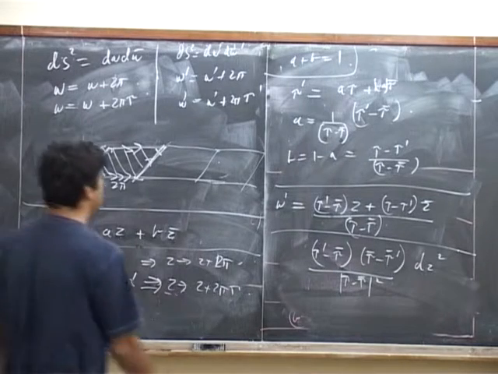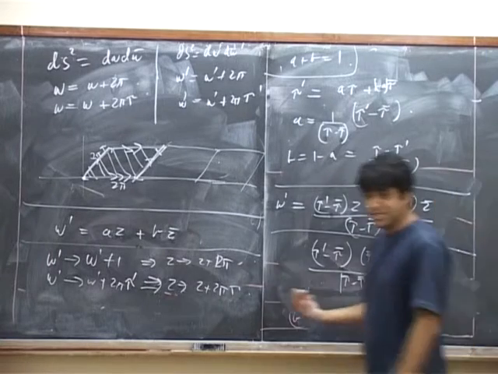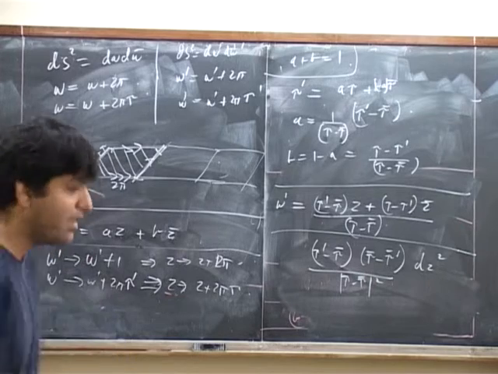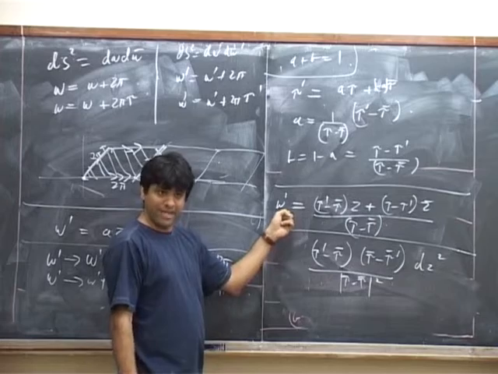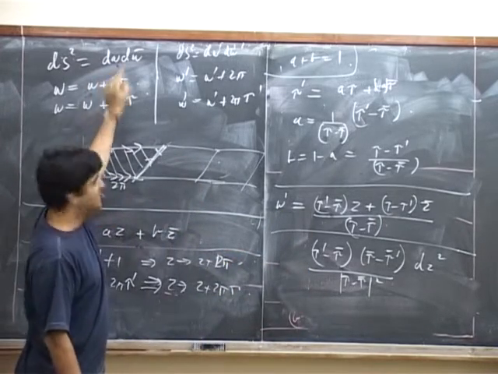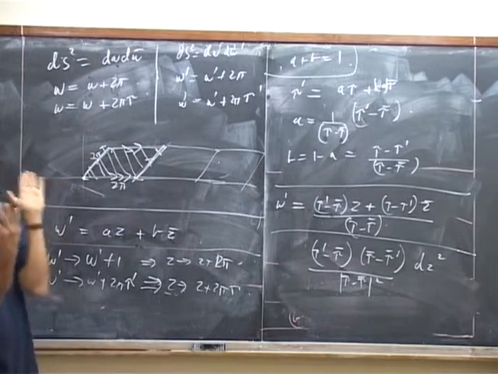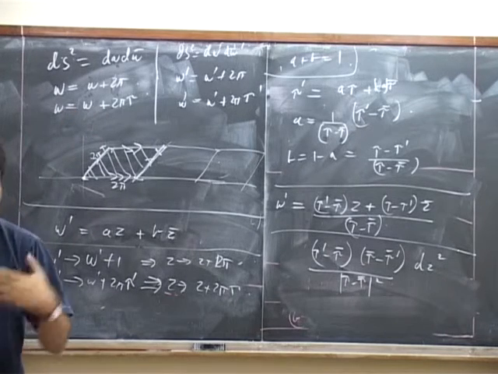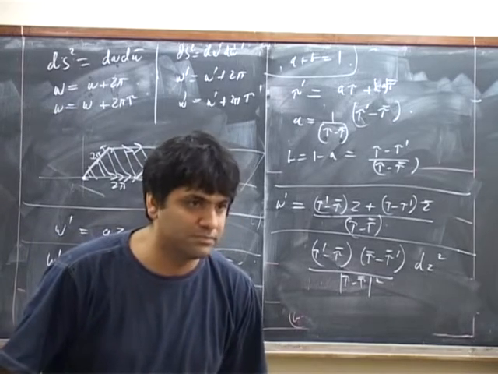So we see that the metric has changed when we change the identifications, so as to change tau to tau prime. Once we change identifications, the metric in this new coordinate is not conformally related to the old one. These two spaces now, in terms of z and w, have the same range of coordinates, but the metrics are not just different, they're also not conformally related to each other.